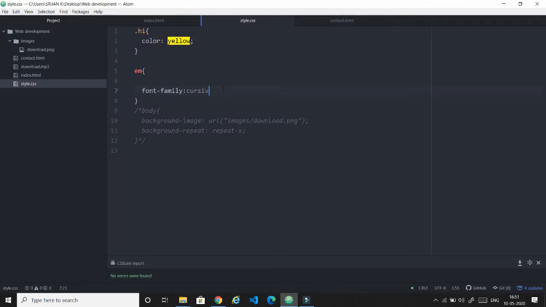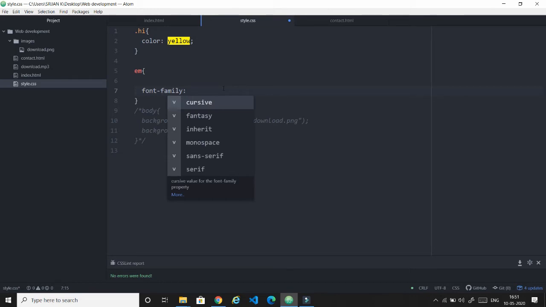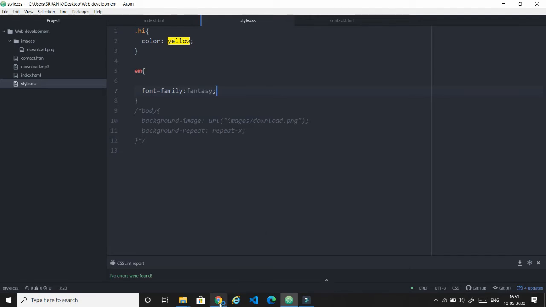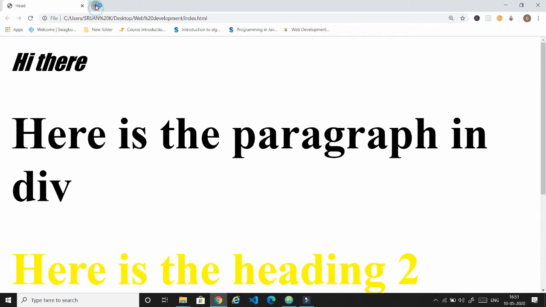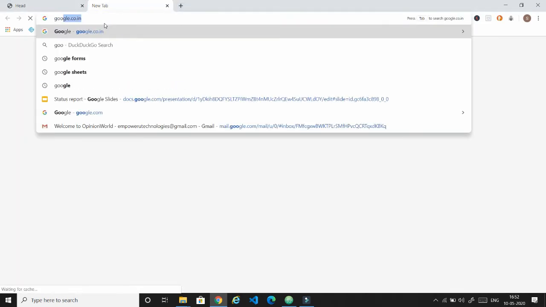You can also see what the available font families are. You can have fantasy, inherit, serif. These are the available font families, but they are really very limited in Atom. You can extend the font styles by going to Google Fonts.